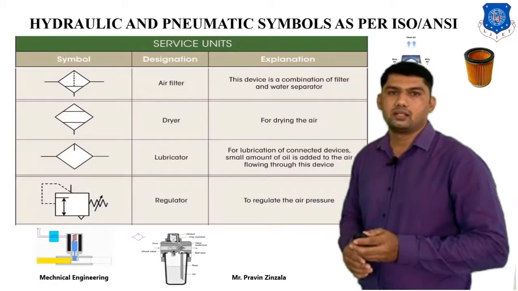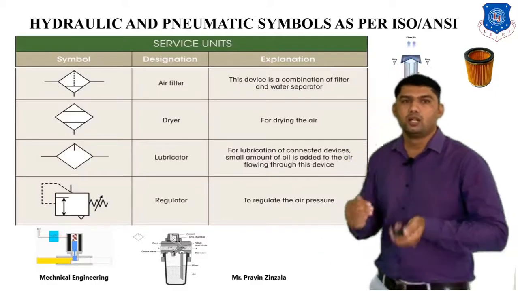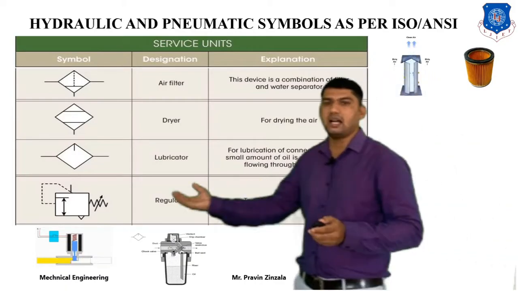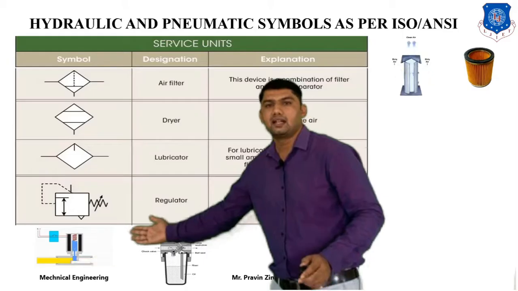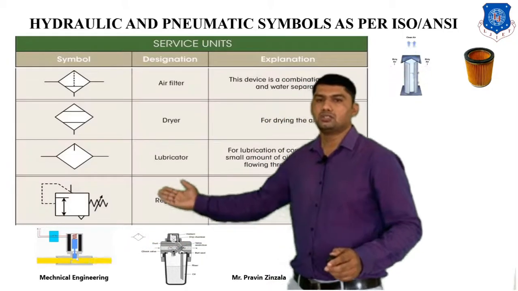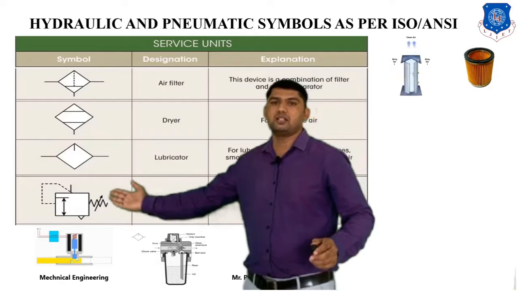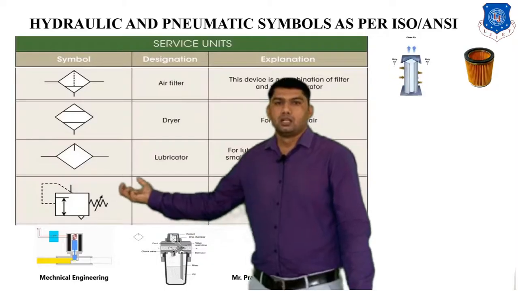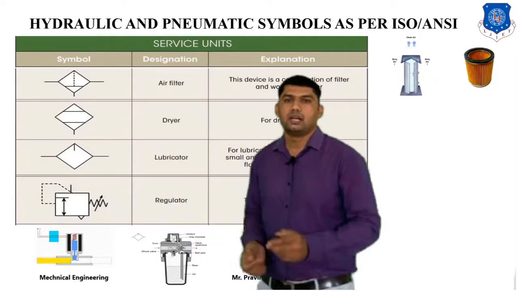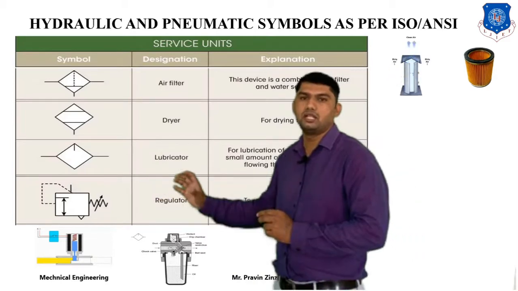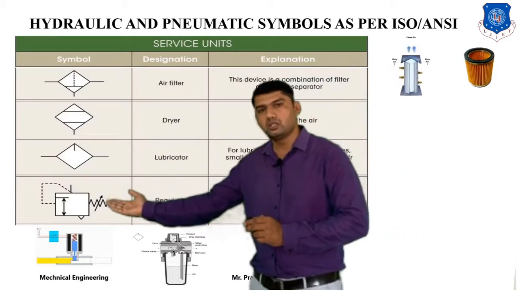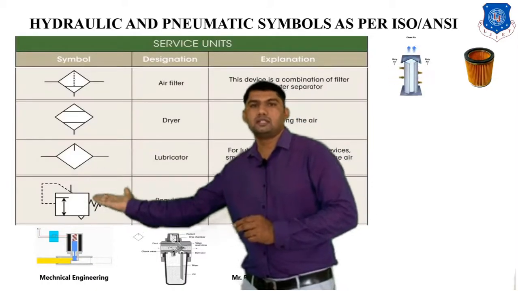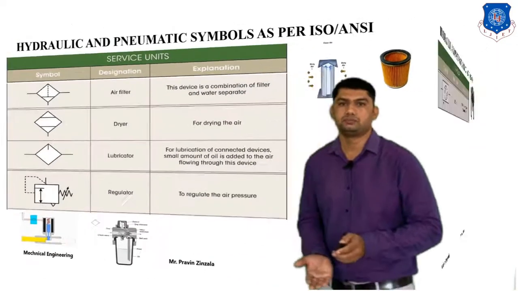Next is the regulator. It is used to regulate the flow of compressed air. By changing the cross-section area, we can easily regulate the flow rate. This is the symbol for flow rate, and it represents a spring return type, and the cross arrow represents the variable displacement of the regulator. So the regulator is continuously variable, and it comes back to its original position by the spring, and the arrow represents the continuously changing area of flow.